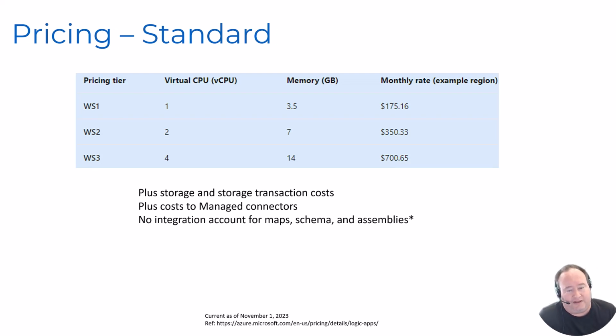So this is going to be for the standard app service plans. These would be what we would build our components against in the Azure Portal, for example. They have a monthly rate of between $175 a month and $700 a month. Now with this, there's also other charges such as storage transaction costs, and then there's still the cost to those managed connectors. So the standard edition logic apps have the ability to have built-in connectors. So there's a subset of connectors that run in process essentially with that standard edition logic app. So those all run self-contained. So if you were running your logic app locally, for example, there'd be no call anywhere outside of your environment